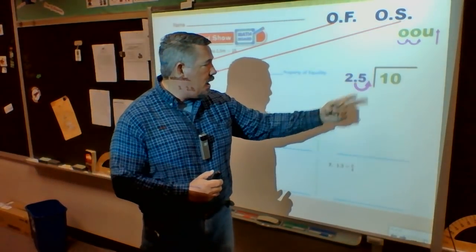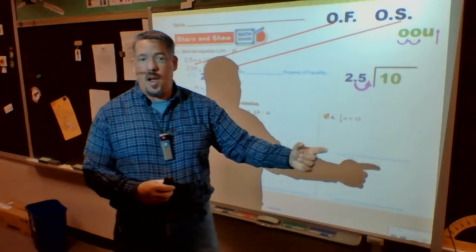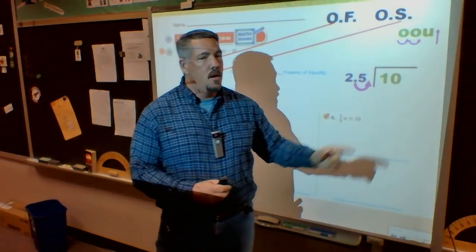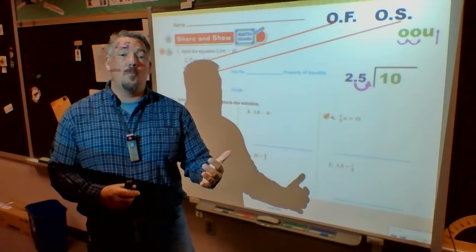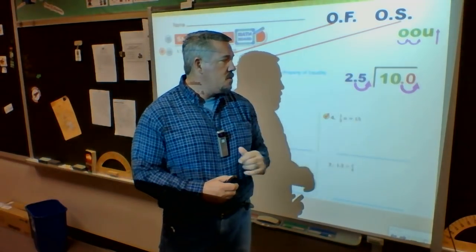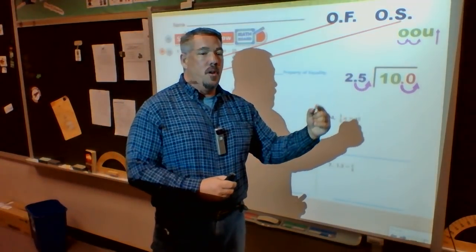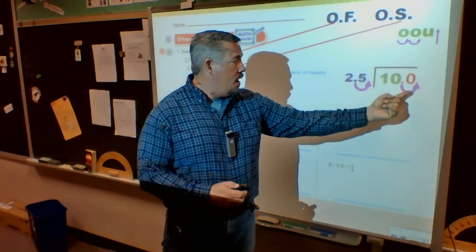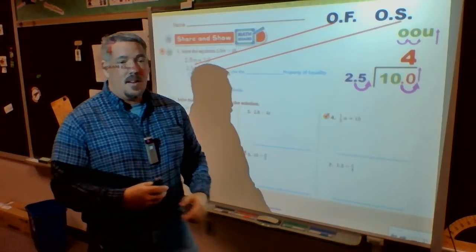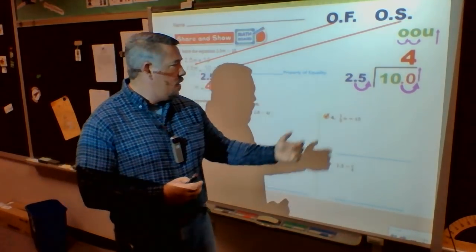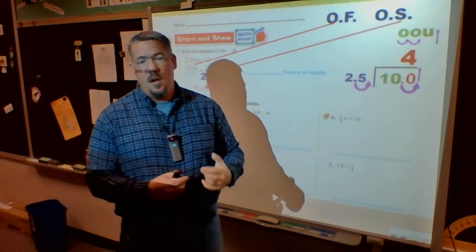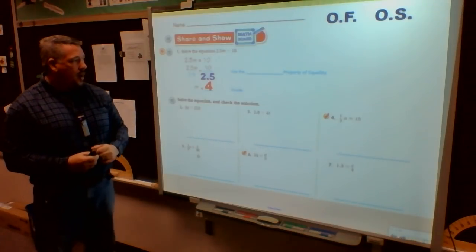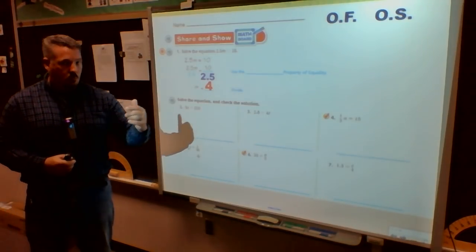So I'm going to move it on the outside. I'm going to go to the inside. It's not there. A couple of you still try to put it right in front. I always put it where it would be on a whole number. The whole number is 10, so I know the decimal is at the back. Then I can move it. So I go over, add that 0 because there wasn't anything there, and then I move my decimal up. That gives me 100 divided by 25. There are 4 quarters in every dollar, so I know that it is 4. M is equal to 4 is my answer, and then I'm moving on.